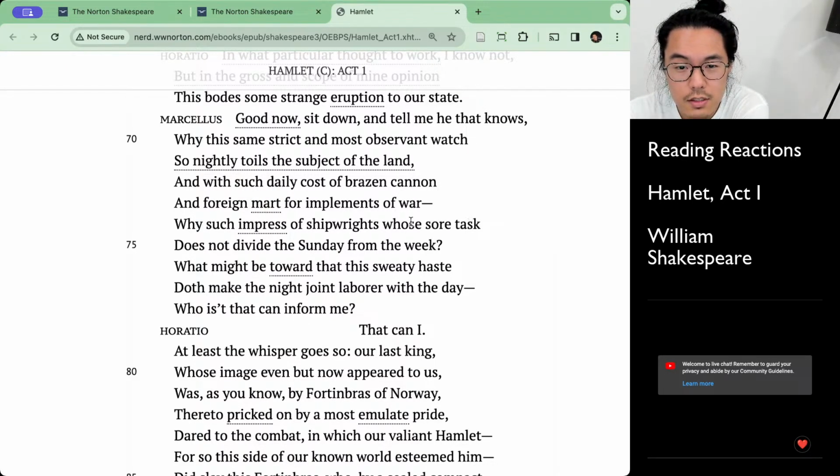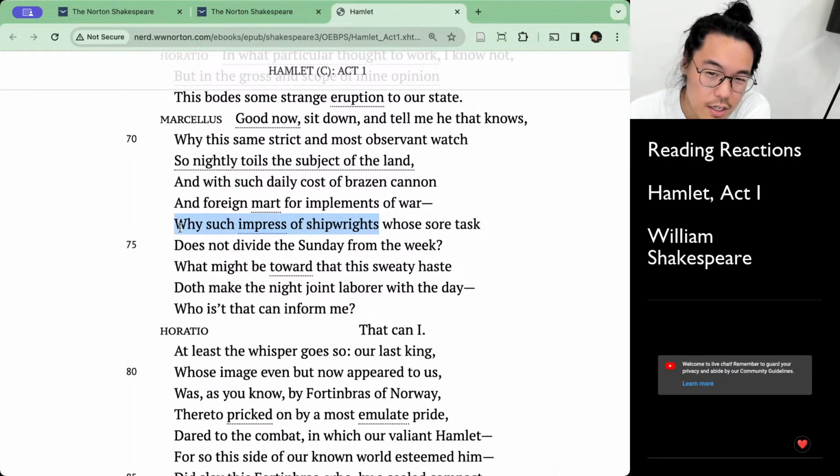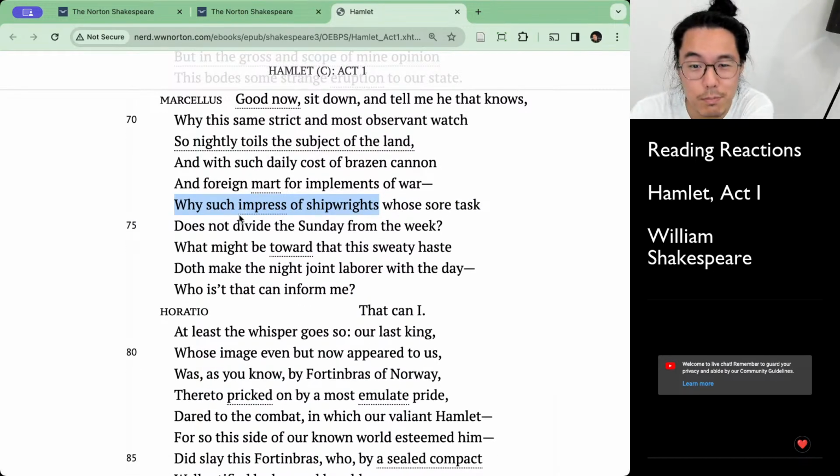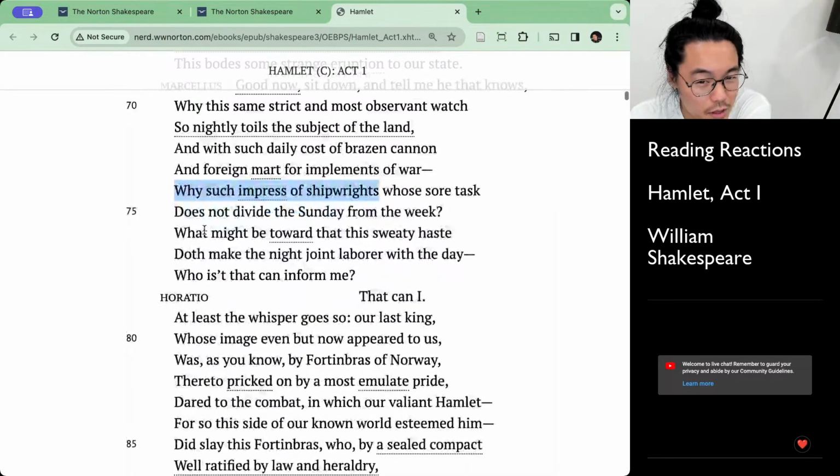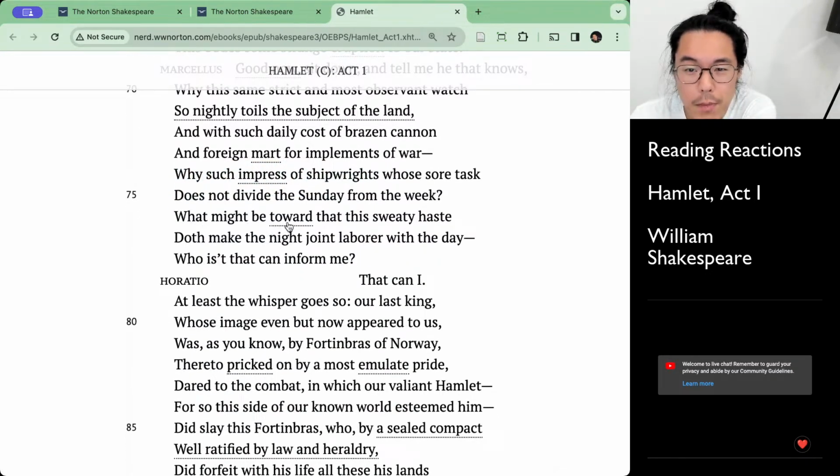Whose sore task? So we're employing for this daily watch the shipwrights, whose task does not divide the Sunday from the week. Basically, they're working 7 days a week, I think. What might be coming, such that we have to make so much work,